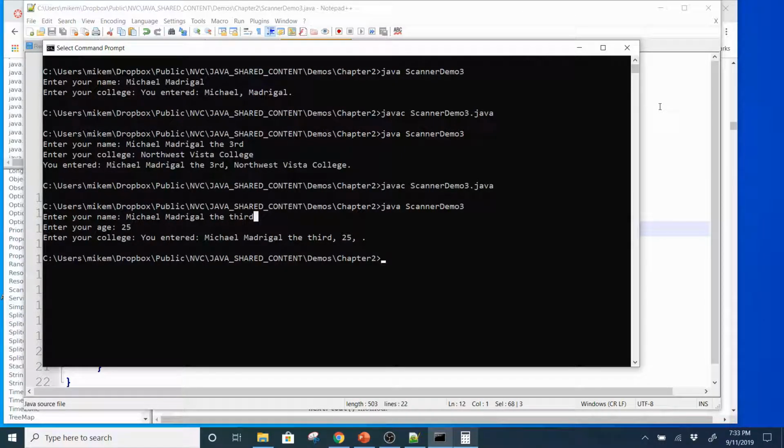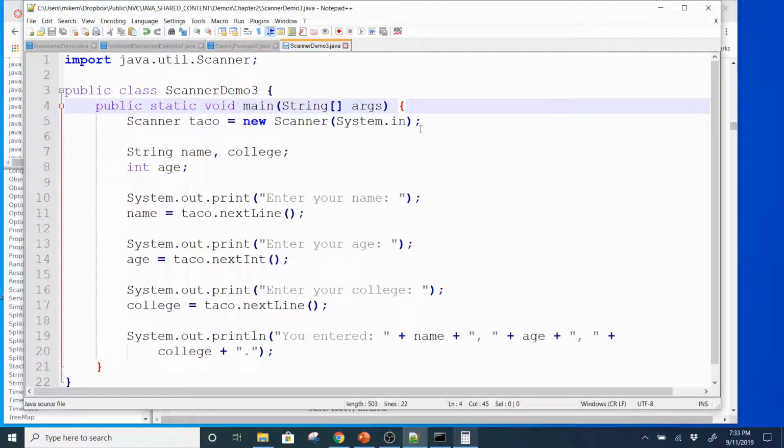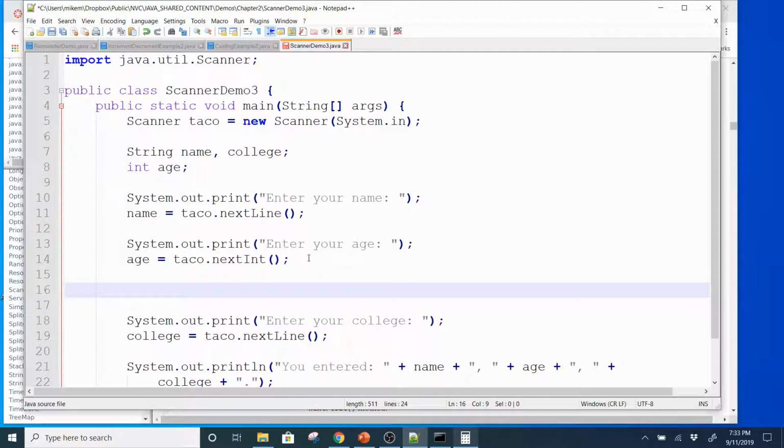Now there's several ways to fix this, right? Me personally, if I already had Java 1, 2, and 3, I would probably just read all my input in as a line and convert that value to whatever I know the value is supposed to be. But for us, if you go from a token scan to a line scan, you're reading a token and then you want to read a line, then you need to release that end of line character by just saying taco.nextLine. Okay, and that's going to release that end of line character,